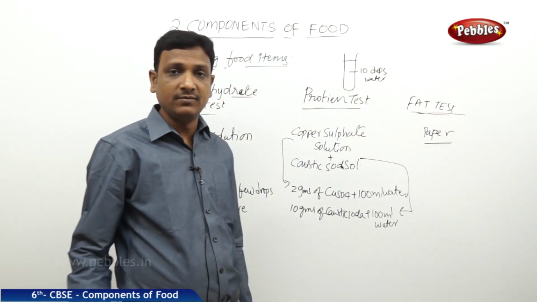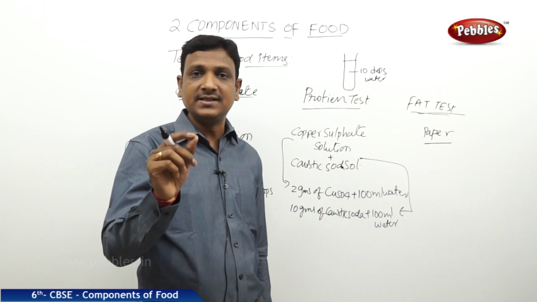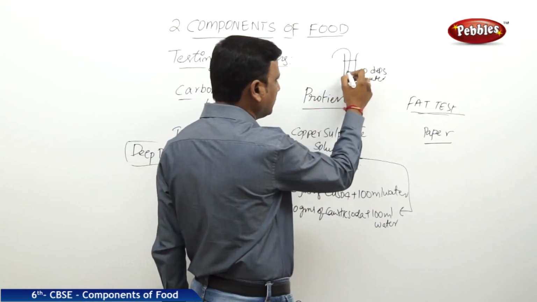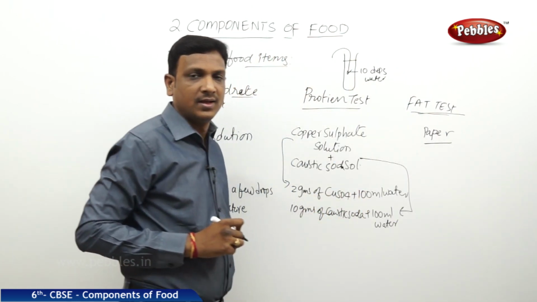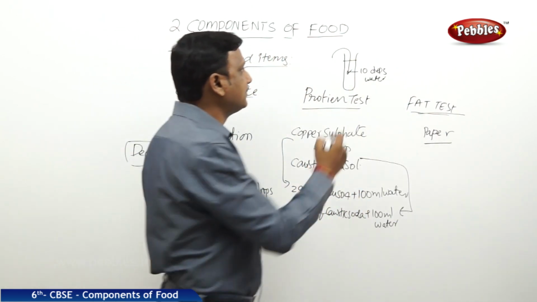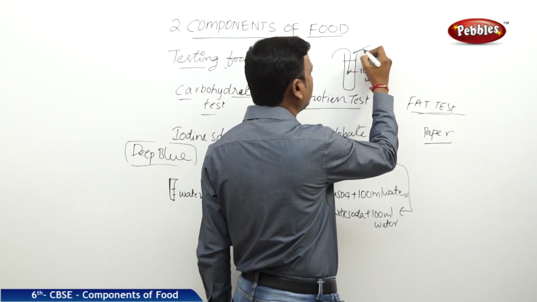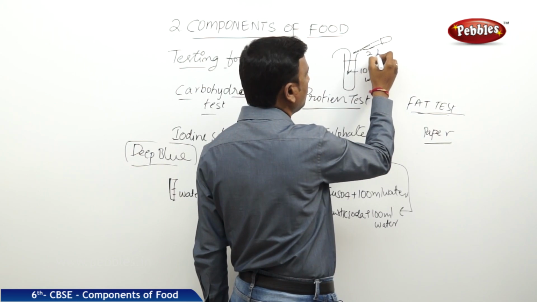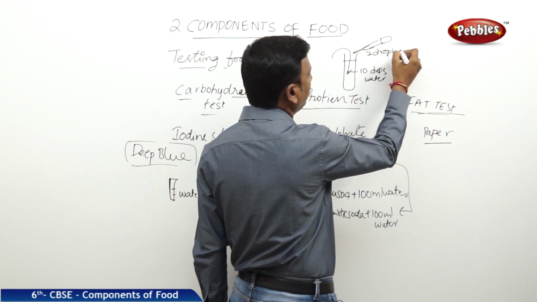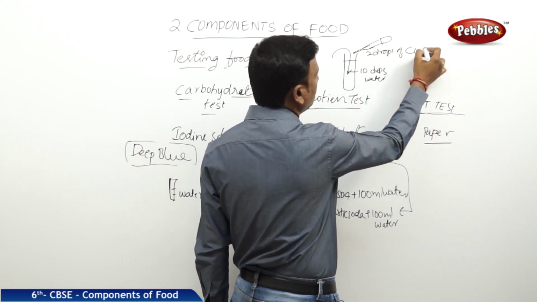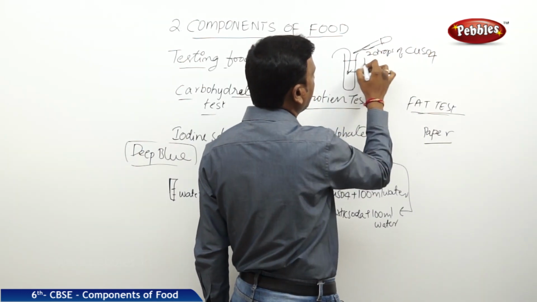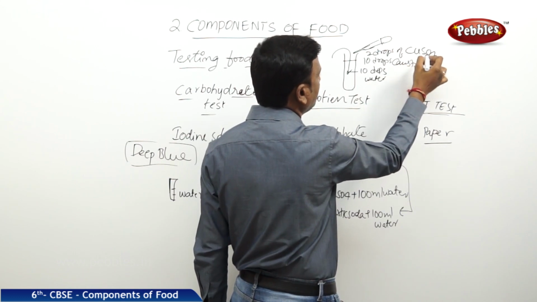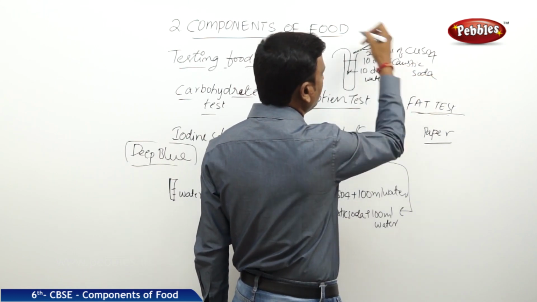Now take your sample, which sample you are going to test, crush it into fine paste or powder, then mix the paste or powder to this water. And now you are going to add 2 drops with the help of a dropper. 2 drops of copper sulfate, CuSO4, and 10 drops of caustic soda. You're going to add here